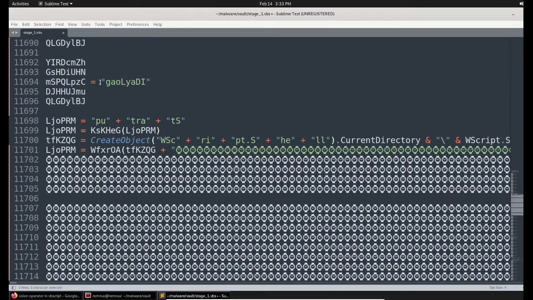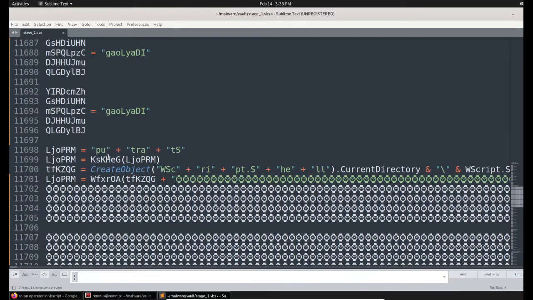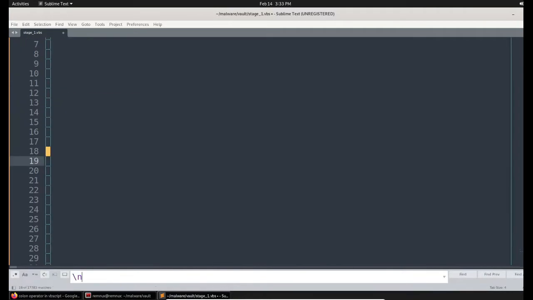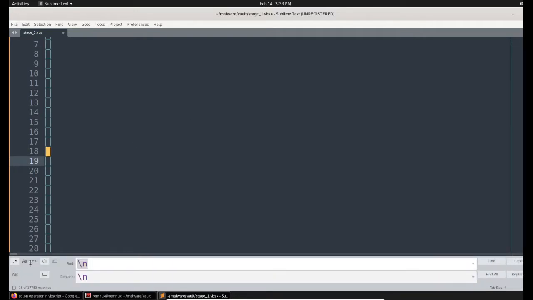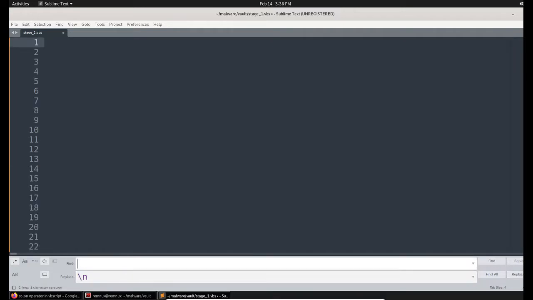And let me remove the lines that begin with the new line character, with Control H. I enable the regular expression, \n to represent the new line character, and I'm replacing it with nothing. I was wrong.